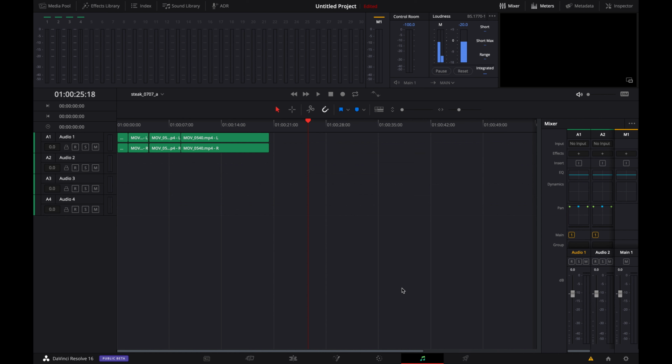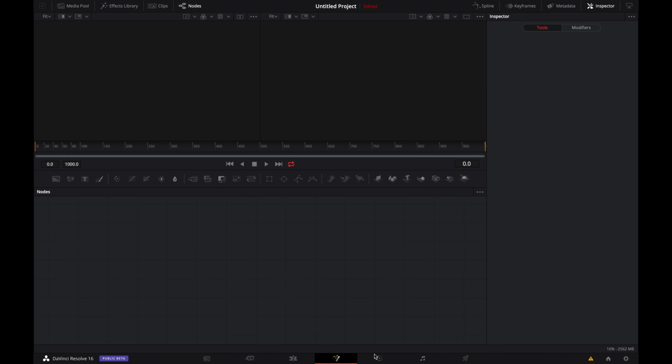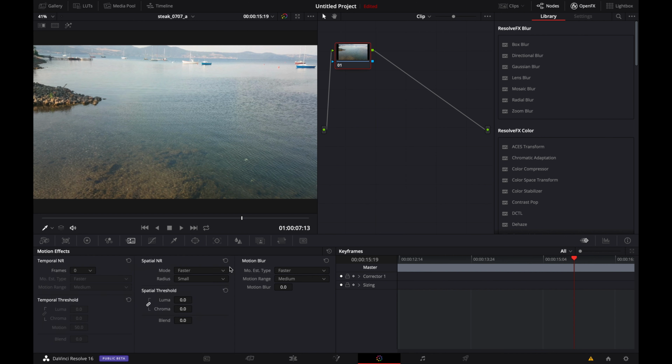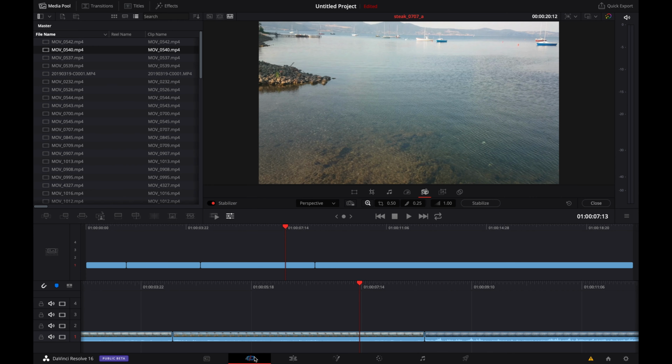I'm not going to get into the sound Fairlight, and I will not touch Fusion either because I'm not very good at it yet. The color part, I don't see many changes yet. We will test maybe the tracking on the next video. Not now. So going back to the edit part,